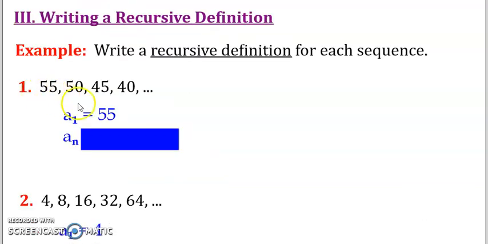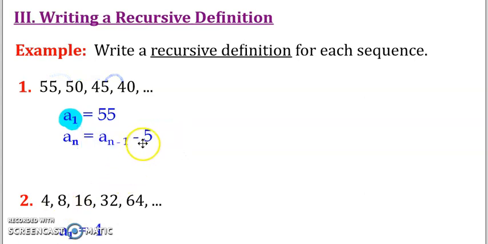First and foremost, I know that I start off at 55. So, when I write my recursive definitions, I always have to include what is my first term. So that is a piece that you have to have included. And then what are we doing to each term to get the next? So to go from 55 to 50, what am I doing? And then 50 to 45, what am I doing? 45 to 40, what am I doing? Well, it looks like they're just decreasing by 5. So I'll start off at 55, and then I take each previous term, subtract 5, and then we're good to